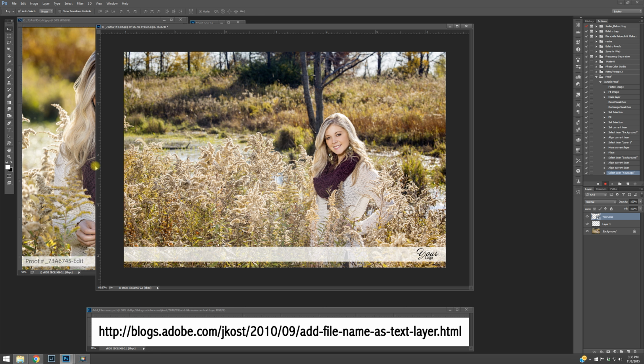The next step is we need to create our proof with the file name. Now the action script that you downloaded and installed is only going to put the file name on the image. I like to indicate that it's a proof or an image number, so we'll do that with text ahead of time. So what I'm going to do is select my text tool and click down here somewhere,